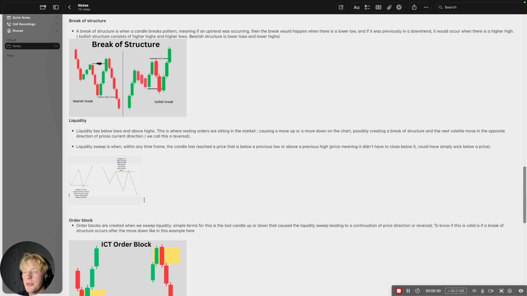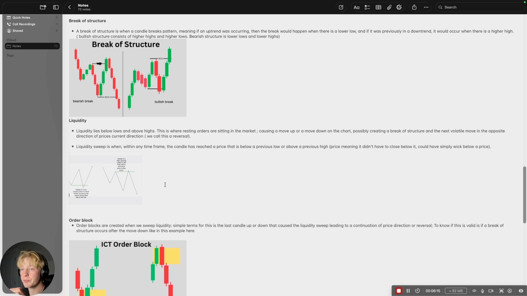So we know what highs and lows are, right? It's a bullish candle and then a bearish candle, and the highest point that it reached is a high. A low is a bearish candle, then a bullish candle, and the lowest point it reached is a low. Now, something to note with that is liquidity lies above and below every single high, okay? So what that means is if price goes up and reacts after reaching above that high, so it doesn't close, but instead leaves a wick and reacts lower with that level, with that high, with that low, then that now becomes a liquidity sweep, which then can lead to other confluences